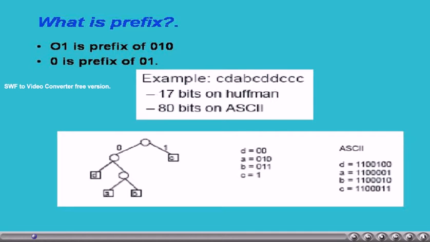For example, suppose a message CDA, BC, DD, CCC is stored as it is in ASCII string fashion. In ASCII, each character takes one byte, thus totally we require 80 bits. However, if we employ this encoding, then we require only 17 bits. Thus, we get the benefit of data bandwidth saving.